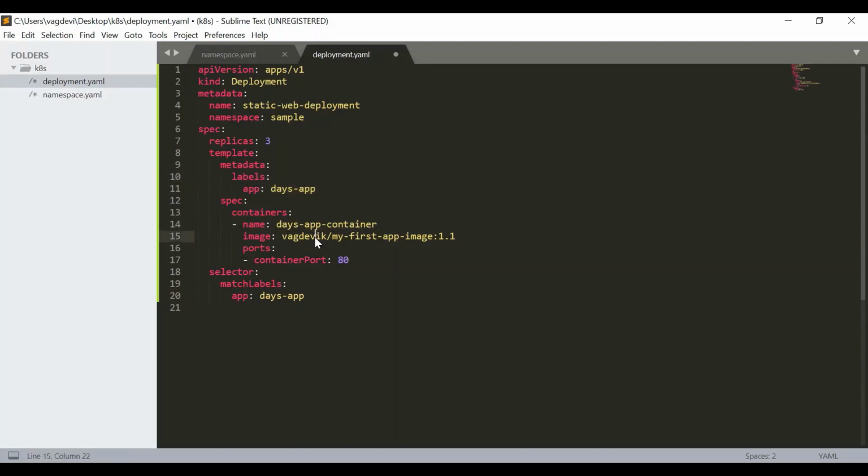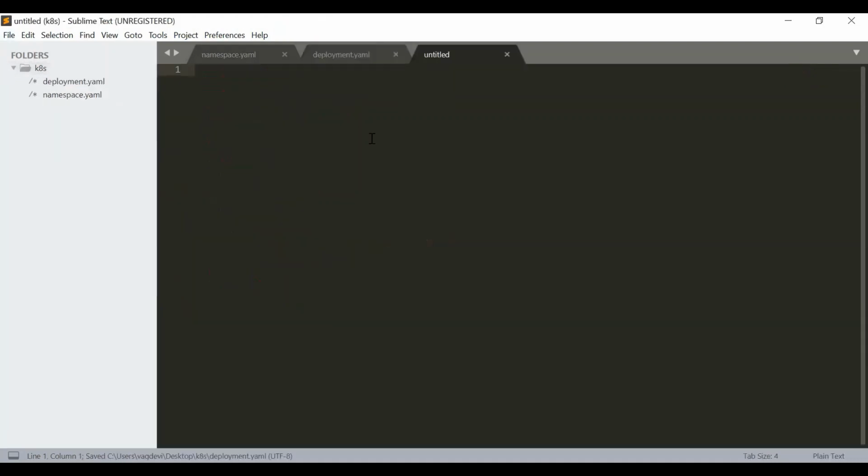Okay. And also when we are going to create a service, it also will have the selector in its specifications, and through the key value pair label which we are going to mention in the selector of the service, it will understand that that service will be associated with these pods. Okay, so first save this, and then let us proceed to create the service.